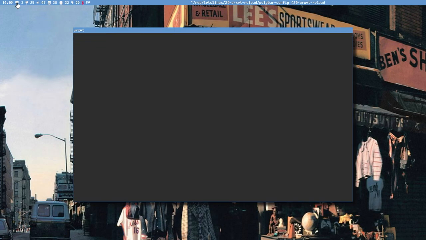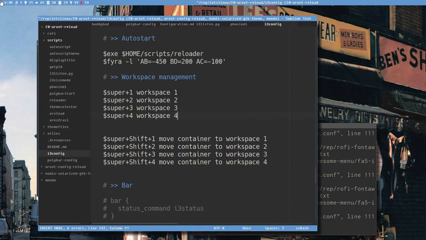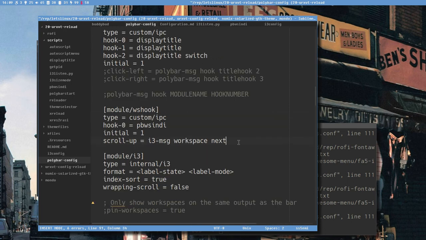And as you can see, it changes because every time we change workspace, our listener script doesn't care if it's from polybar or from i3 with a hotkey. That's the nice thing with this setup, that you don't have to always call a script or anything. You can still have your normal i3 config workspace changers, and it will still activate this hook and the scripts and stuff. So we just need to add a scroll down action here, and I think